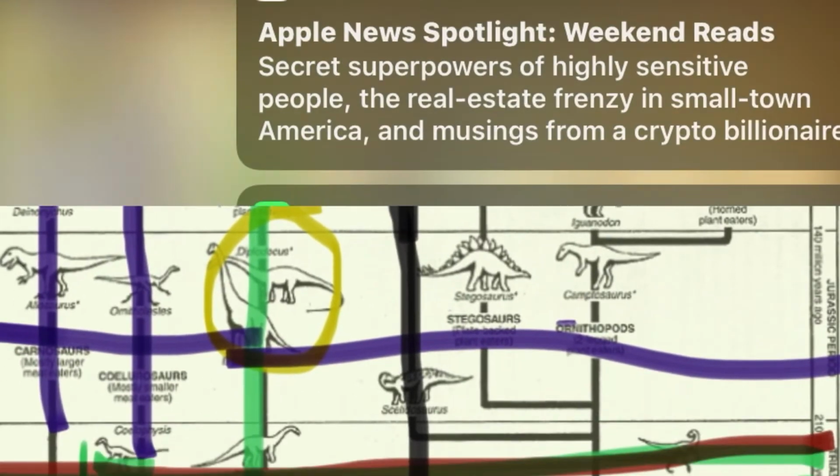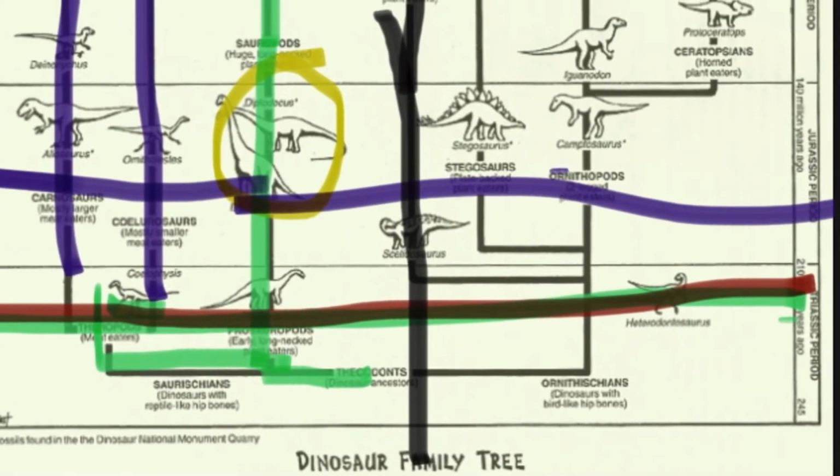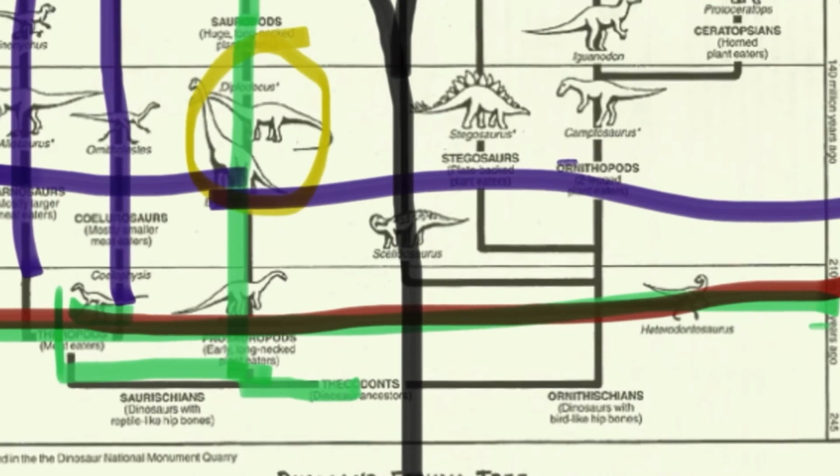All of this half from the black line, that's the Saurischian side, which means dinosaurs with reptile-like hip bones. But then,